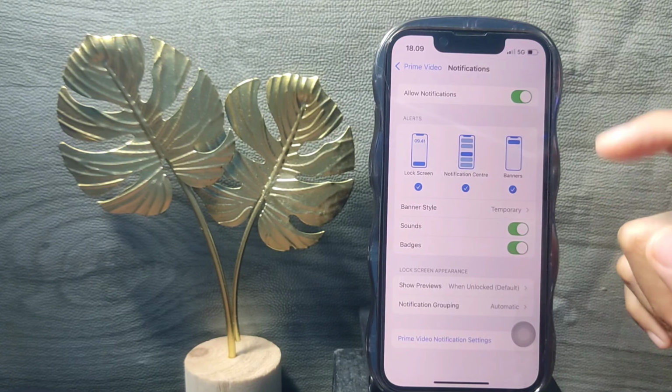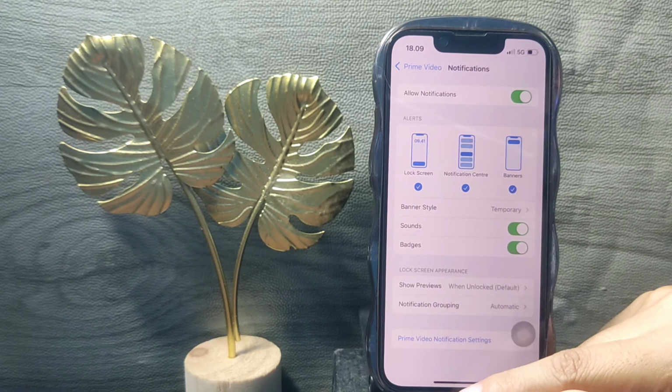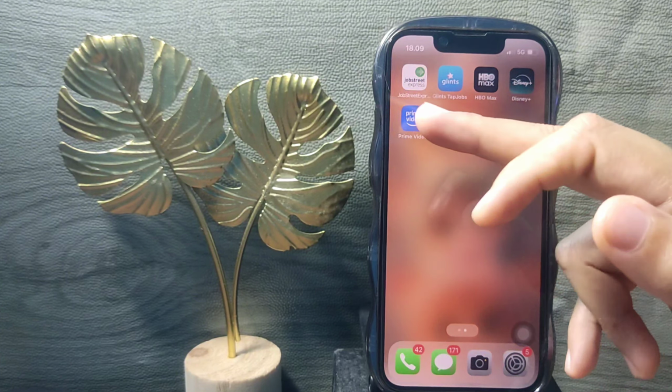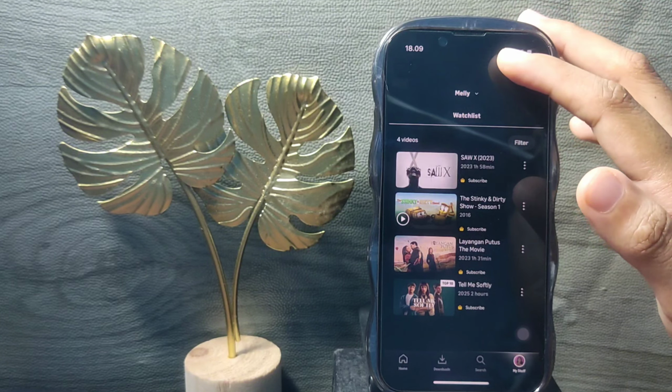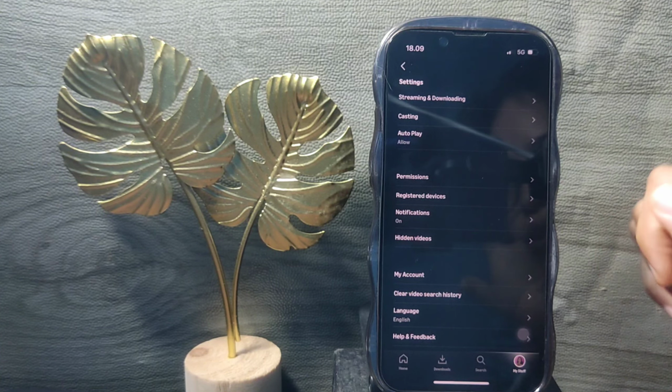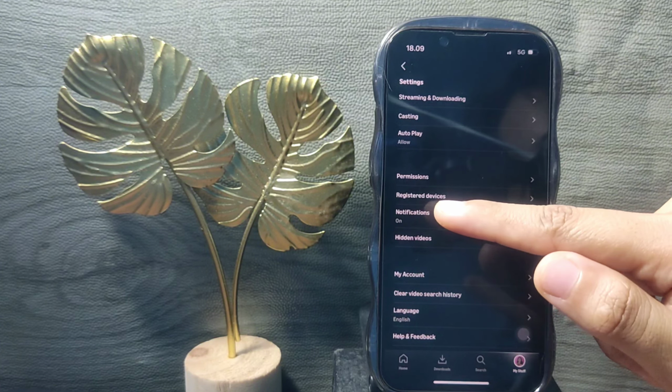And the second way to activate notifications for your Prime Video is, of course, to go to your Prime Video application, and after that go to the My Stuff option at the bottom. Now go ahead to this gear icon, which is the settings, I guess. After that, you can see the Notifications option here. Just tap on it,